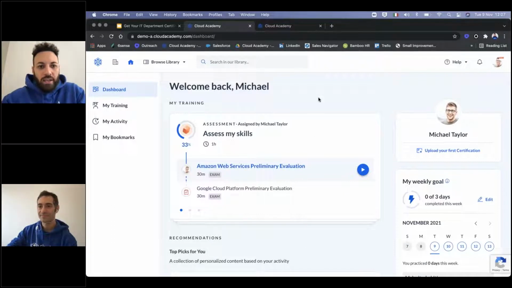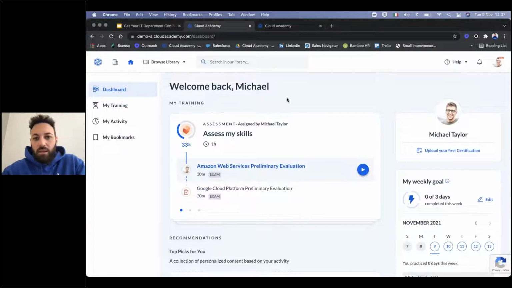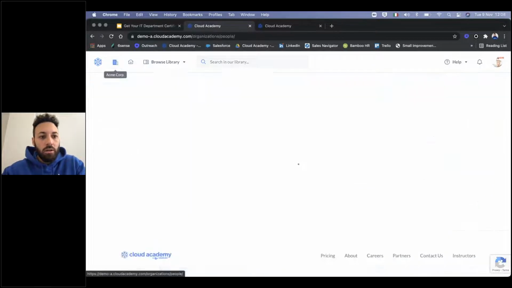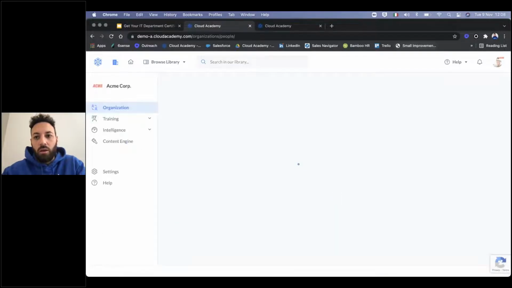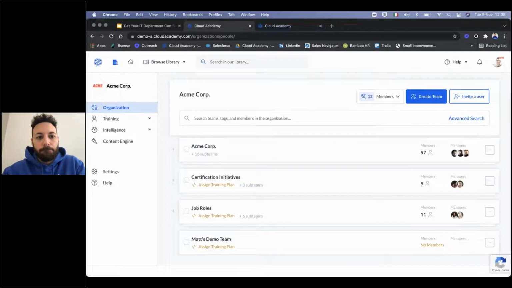Yes, so here, as Max said, we recently saw the end user experience, but I want to give you now more details about the management dashboard. So think about that you are at the moment the admin of your organization or a team manager. So clicking here, you can see the management dashboard. So here, this is a recap of all the main features that I was mentioning before.